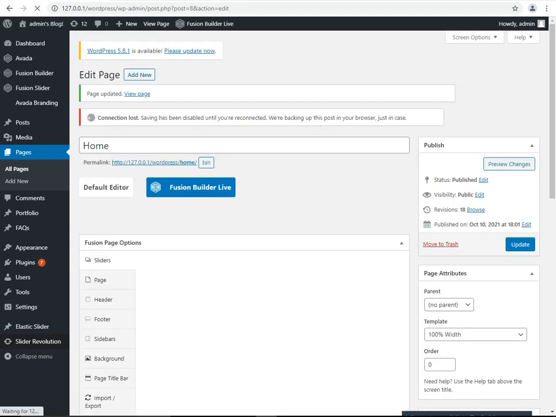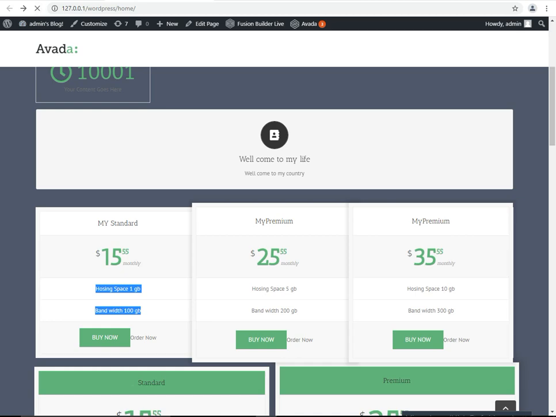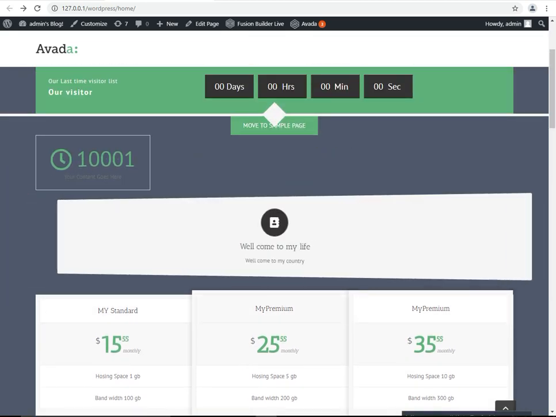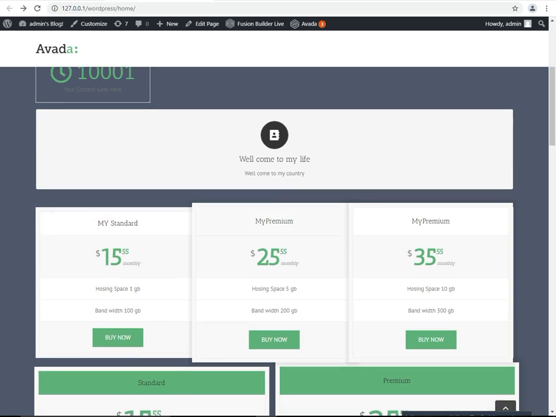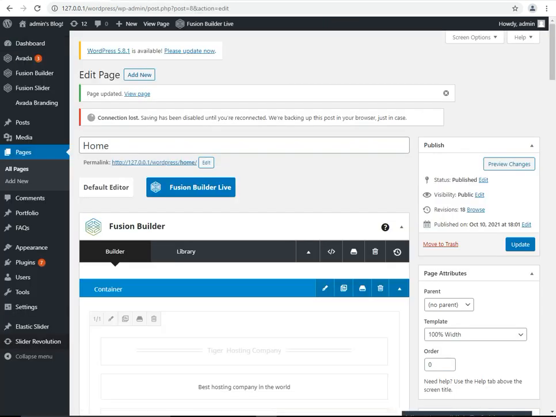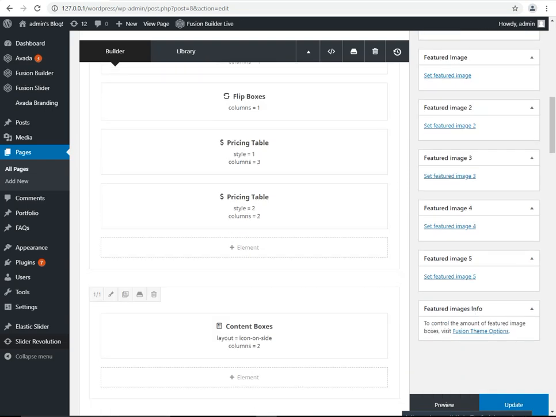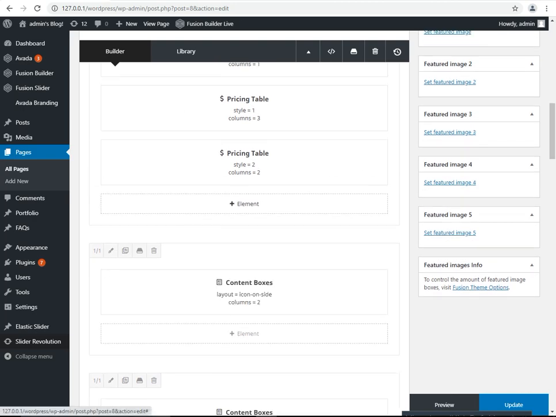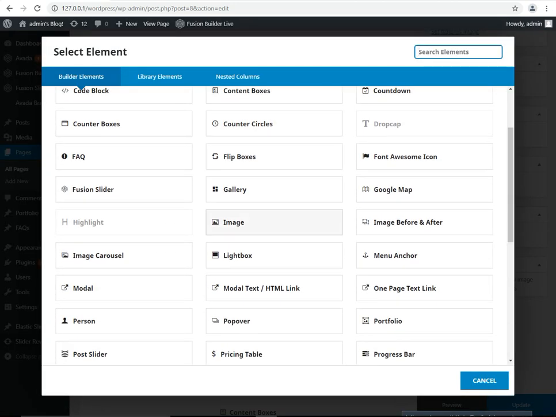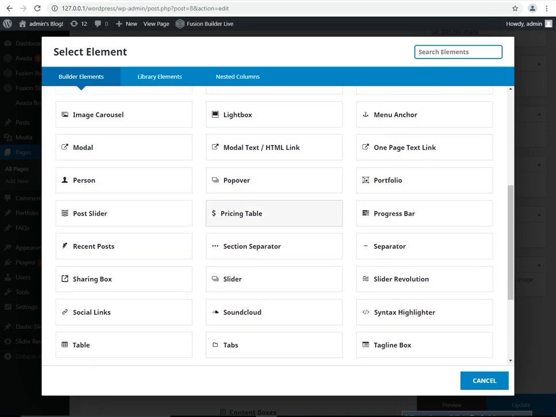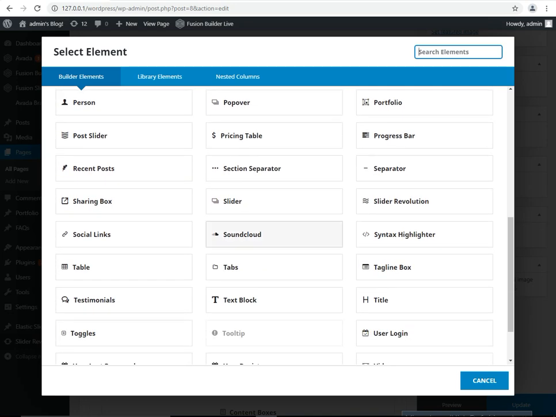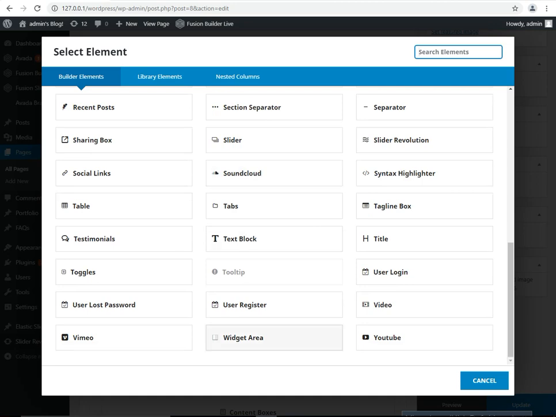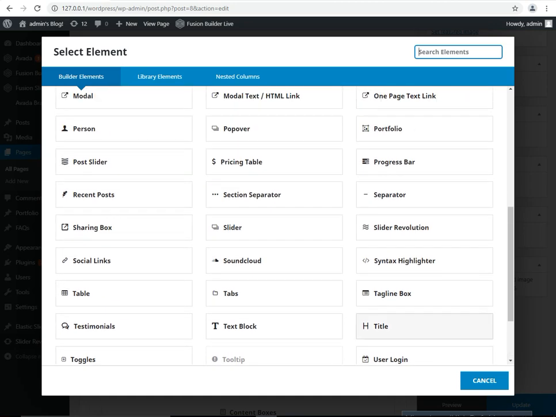Wait please, the system will save the settings. Refresh button. Done. The system shows the counter is working properly. The flip icon is working, and this will also work like this. After this we are going to work on our next element. Click on the element after the pricing table: user registration, get area, YouTube video, user login, progress.